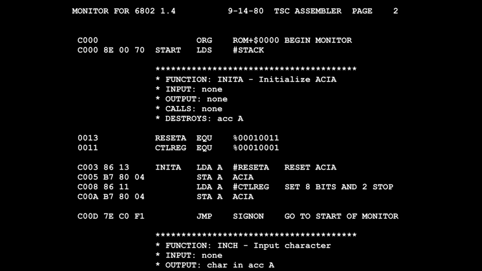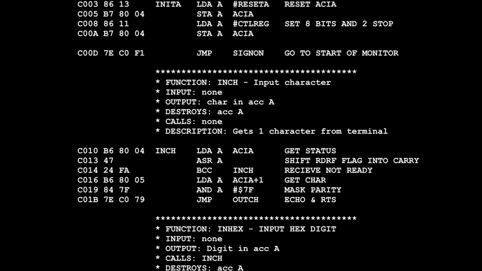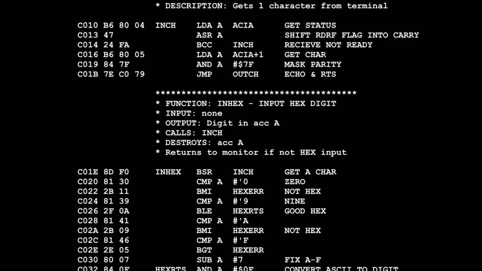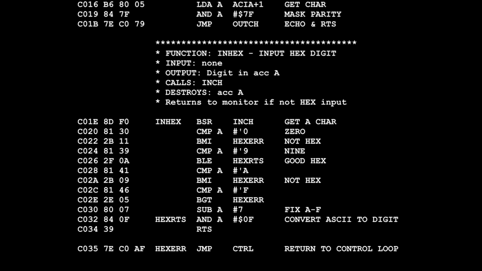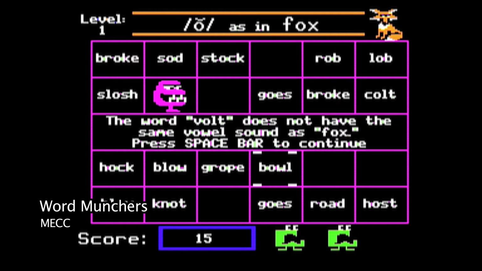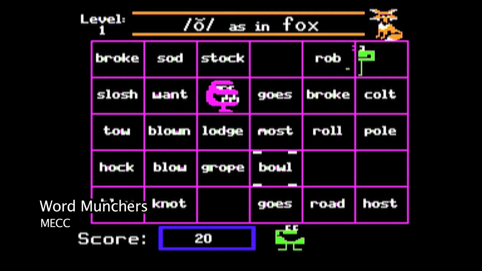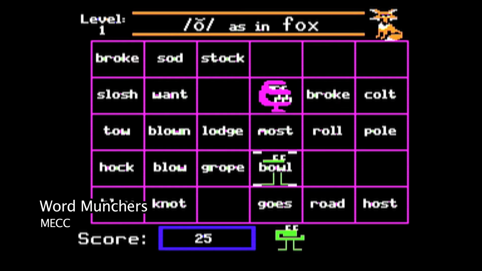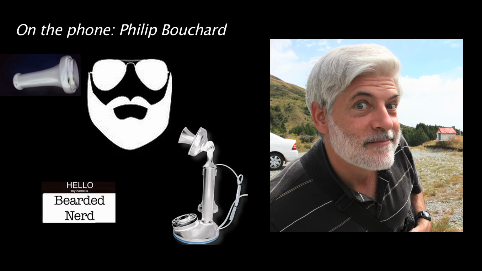MECC also used assembly language to write their programs. Assembly language is programming code that allows the programmer to use names instead of numbers to represent commands in software. This is important because without it, the only way to write computer code would be with numbers. To create programs with graphics and decent playability, MECC would often use both types of programming code to develop their software. By that time, we were no longer doing any of our products in 100% AppleSoft because it just limited us too much. We could not do professional-looking products strictly in AppleSoft.